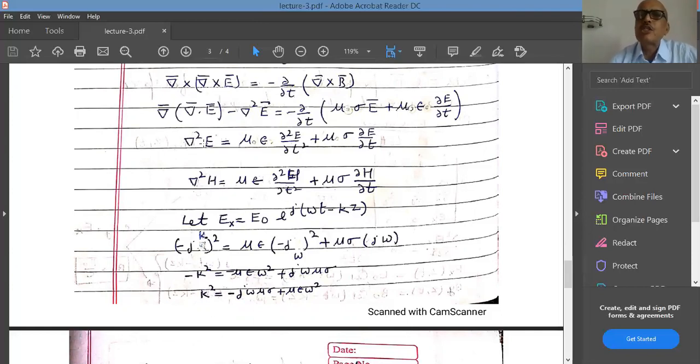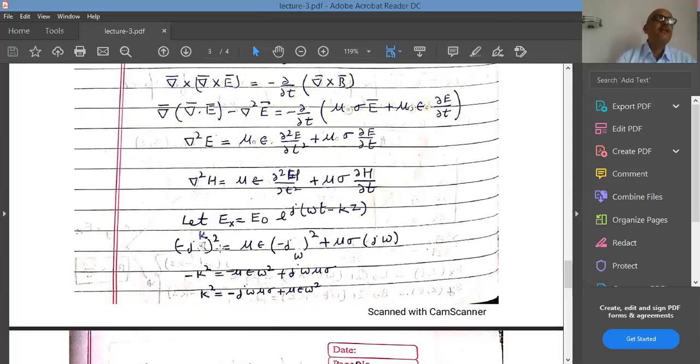So it is del square E over del Z square, along the direction of propagation only. Similarly, for the magnetic field, we will write down del square Hy over del Z square. If you look at this term here, it is the double derivative of the electric field as a function of distance. You see distance is coming here, and with the distance in the exponential term, we have minus jk. So that is why I have written minus jk squared. Then differentiation will give you E0 and also the exponential term.